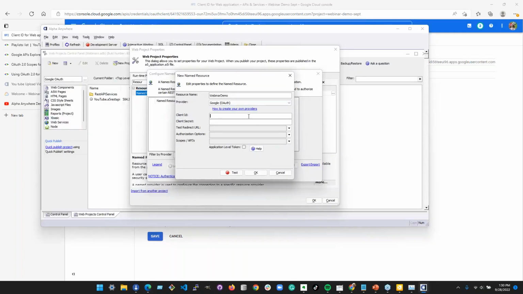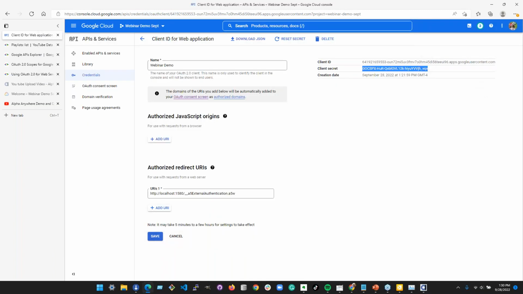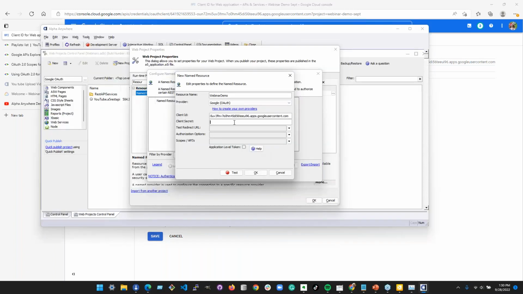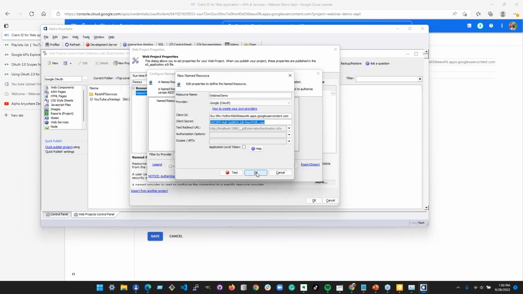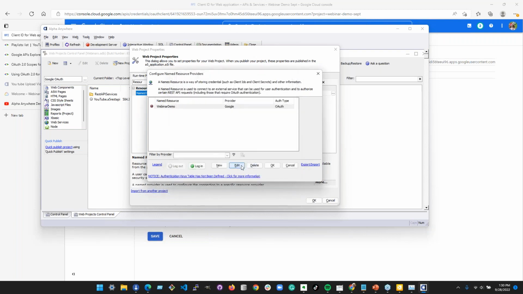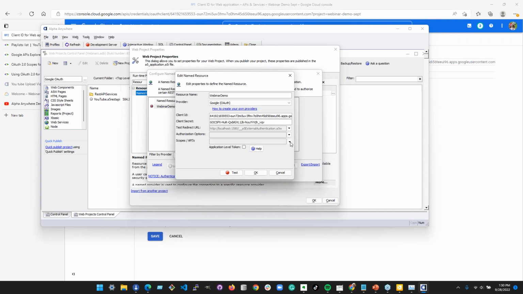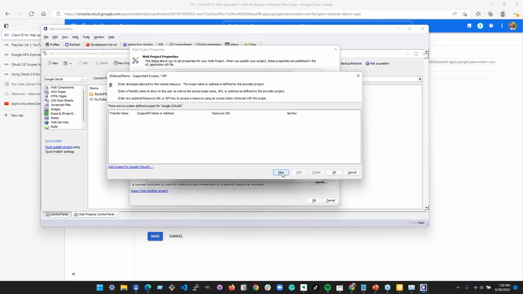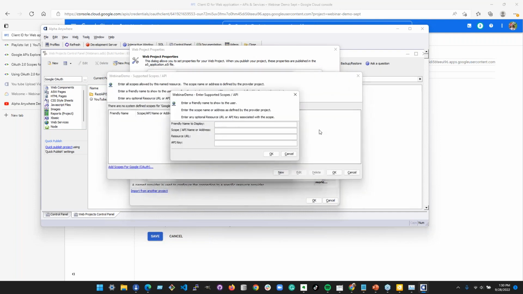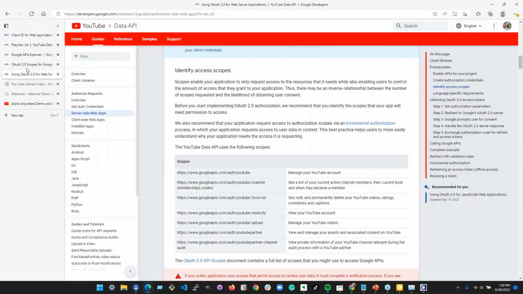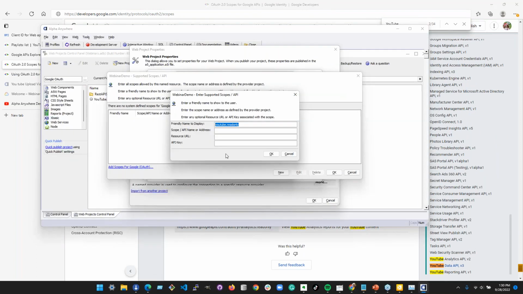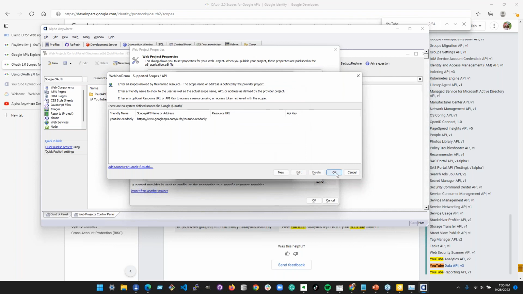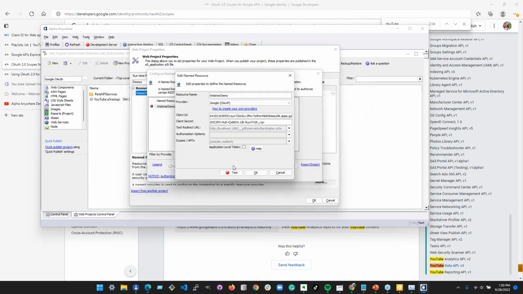Okay. Client ID, secret, and we had picked the localhost one. Let's just quickly save this and then go back in there and add the rest of the scopes. And rather than click on that link, let's add that friendly name, YouTube read only, and grab that off of the scopes page. Okay. All right. So we have the YouTube read only scope.